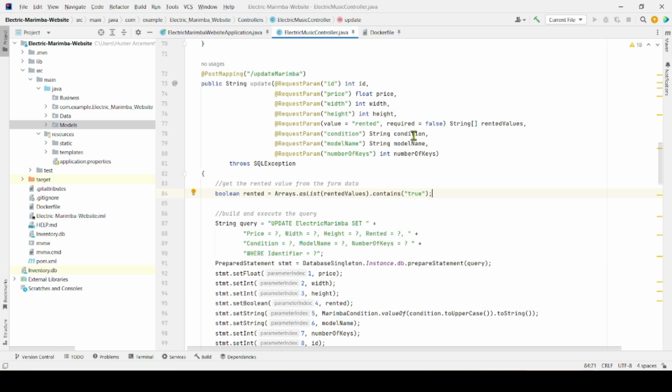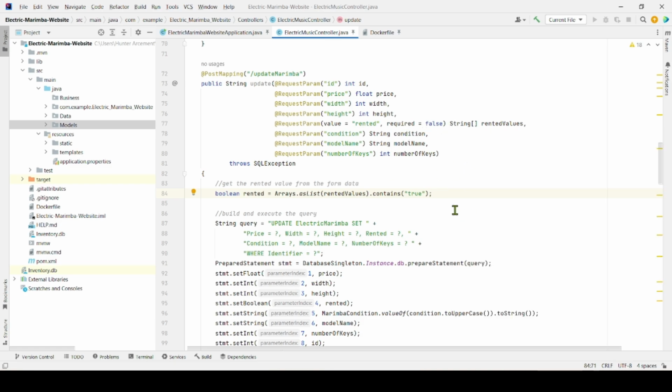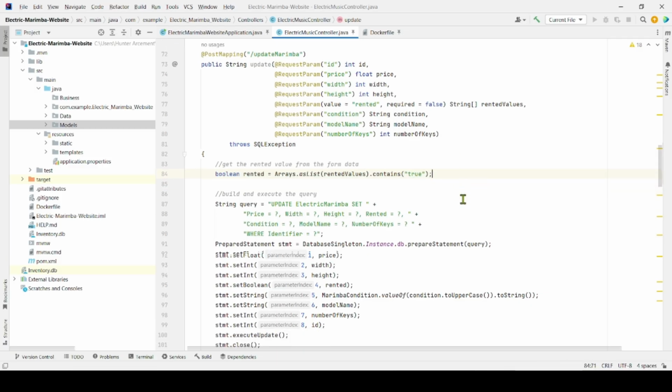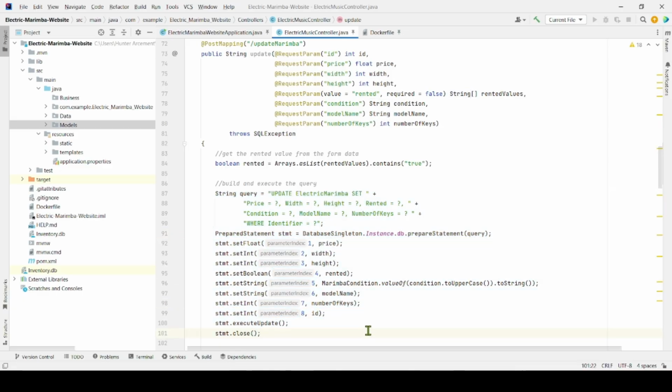So I have it to where no matter what, it'll return true and false if you have it checked, and it'll return double false or single false, one of the two, whenever it's not checked. So if we contain true within it, we will say that we have rented. Then we create our prepared statement and we execute it directly. Note that I don't have an update function that performs this, so all I'm really doing here is just